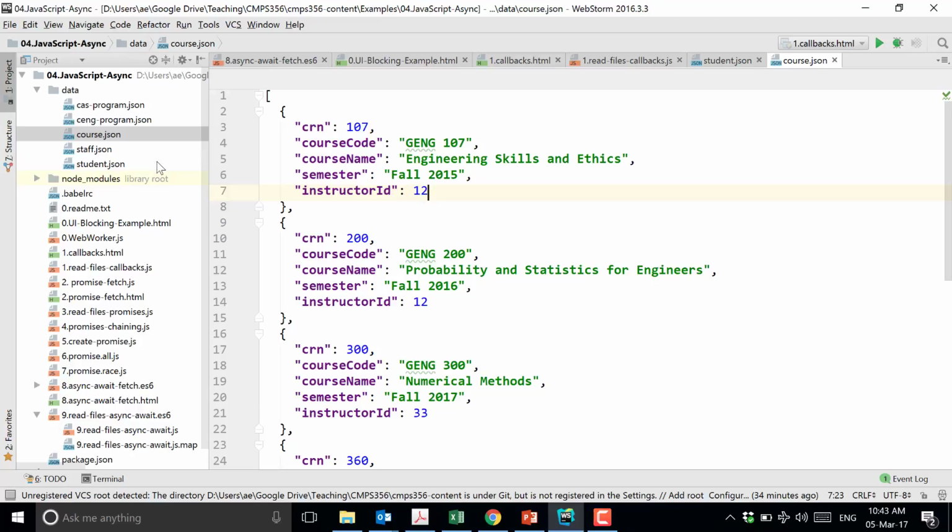Okay. So here comes the difficulty of using callbacks. In synchronous programming it's very, very easy. I call the students, I block, and when I get the students, I get the courses of the students, and then it's very easy to do. But with asynchronous, it's much harder to do.